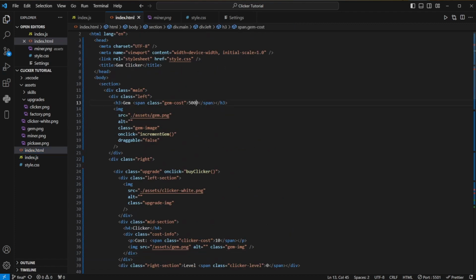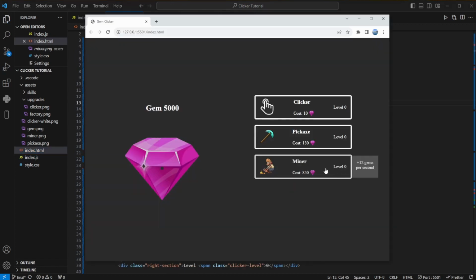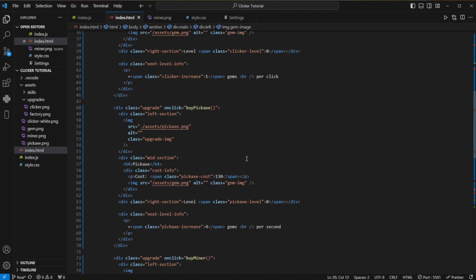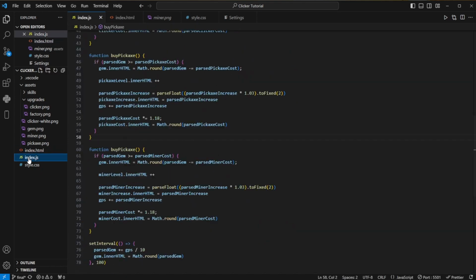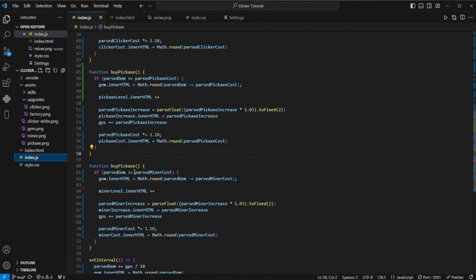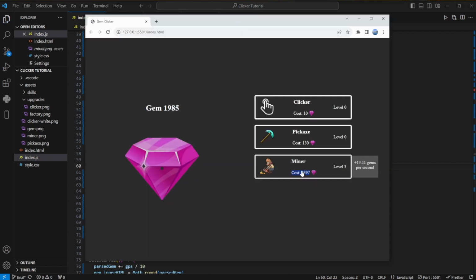Say 5,000, and now if we click that, okay, it's not getting called. This one is, oh, this one, 600. Buy minor. Oh, I forgot to change the name. My bad, my bad. So that should be buy minor. We go back and try. Now it's working, and we can see it is giving